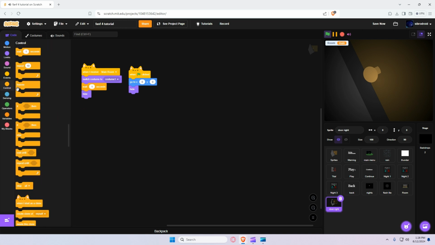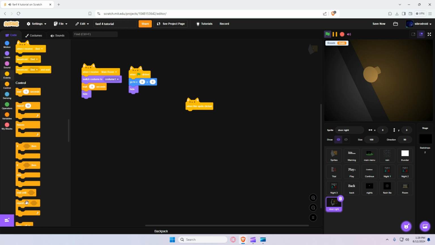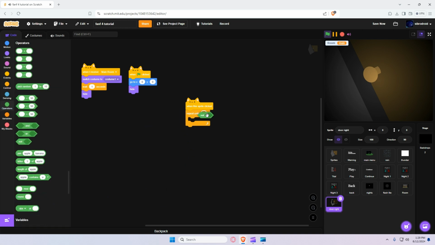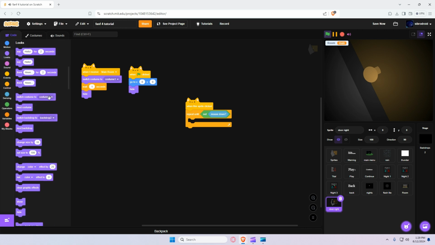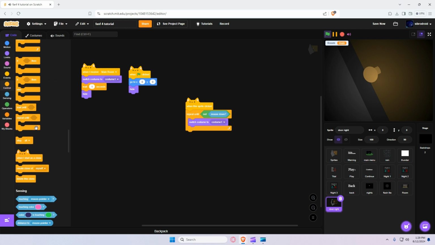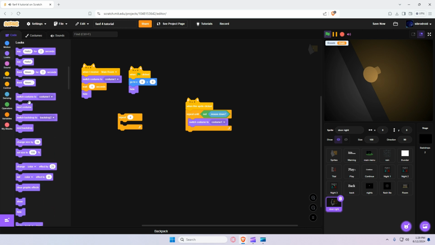And when the sprite is clicked, repeat until not mouse down. Switch to costume 1, repeat 4 times. Next costume,